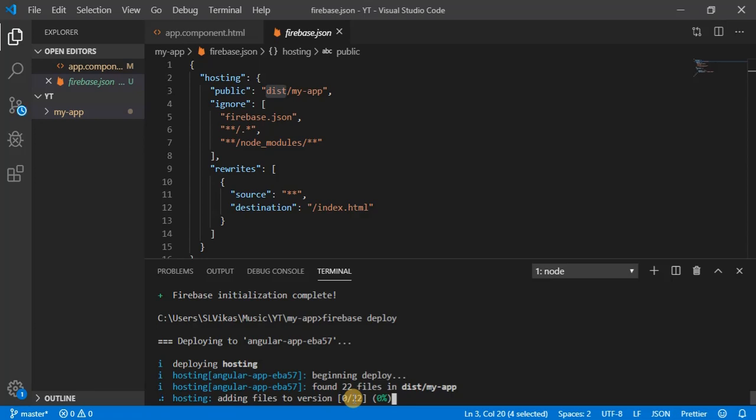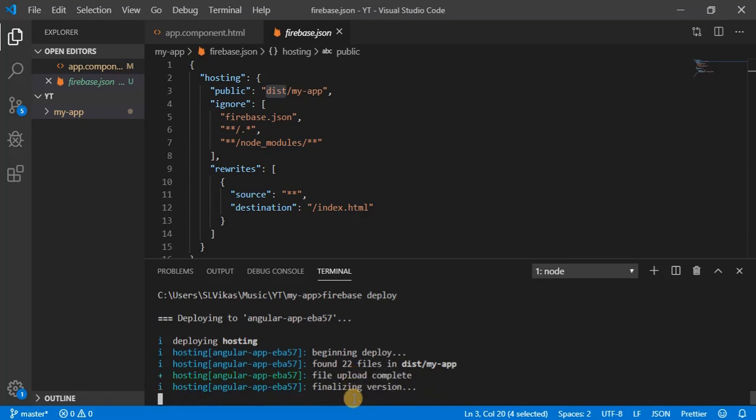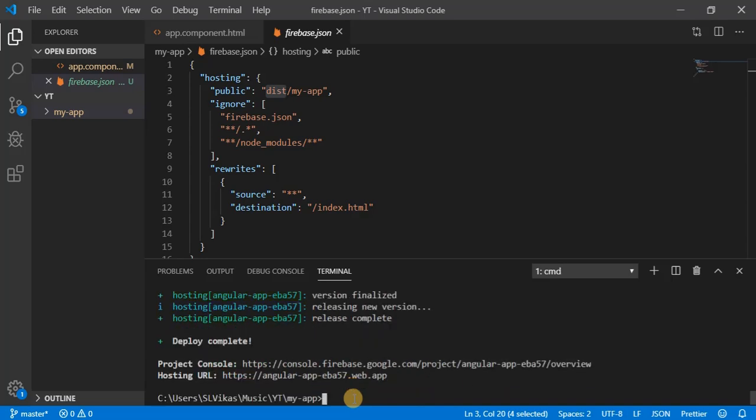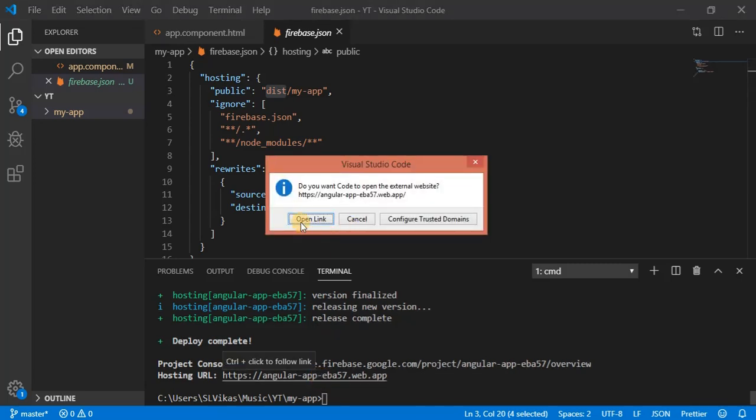It depends on your application, how big it is. According to that it will take time, and it is going to upload all the files of the build folder. Okay, so it's done. You can see I am getting one hosting URL. So let's click on this. Open it.